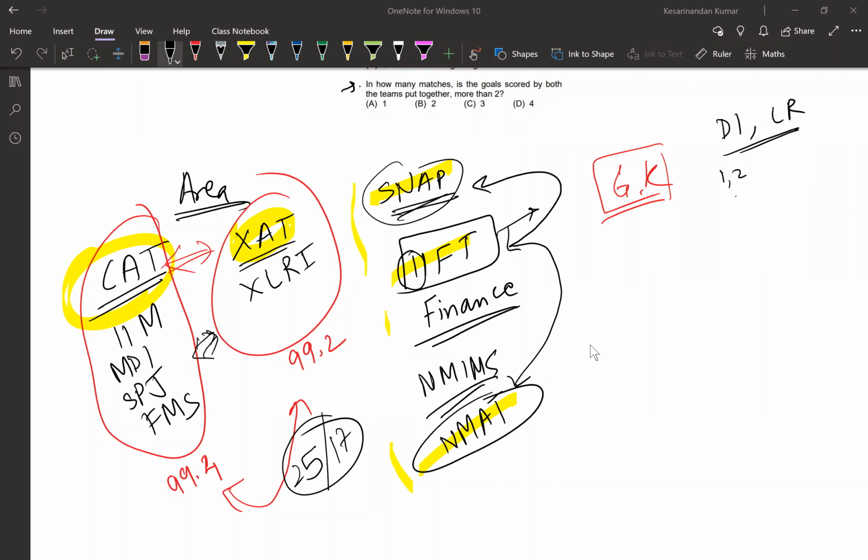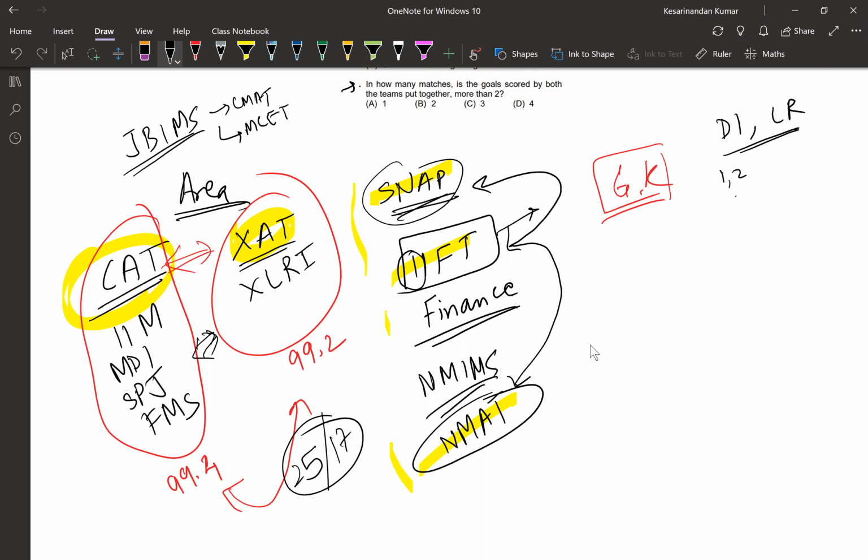Okay. With CMAT you can get a good score, but there are very few good B schools. All the B schools that accept CAT, there you cannot. There's one more B school, that is Jamnalal Bajaj, JBIMS. This you can get through CMAT and also through Maharashtra CET. But the skill set required for this exam is totally different. They have 200 questions in 3 hours. CAT has 100 questions. That does not even have 100.